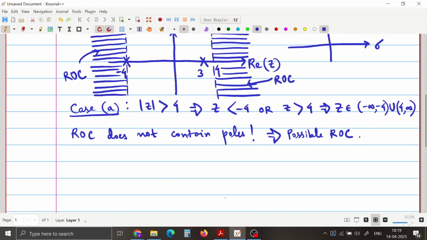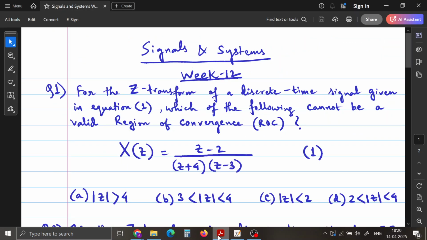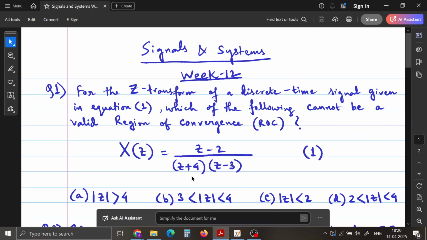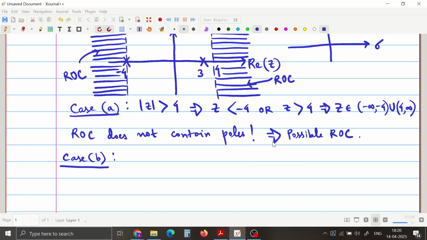So let us now check the second case, which is case B, the option B. Option B is saying mod z lying between plus 3 and plus 4. Okay, so this is the next option. So we have to check whether this is valid or not. We will again follow the same rule. Now mod z lying between plus 3 and plus 4 means that